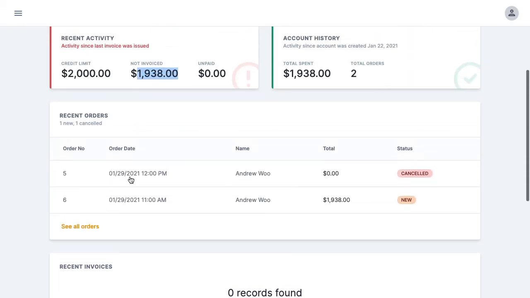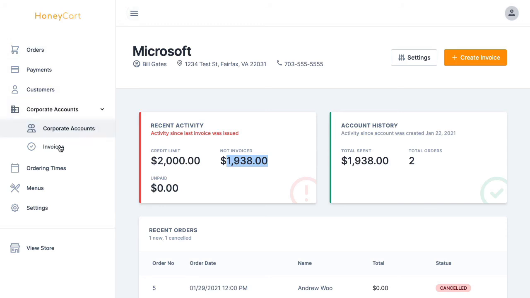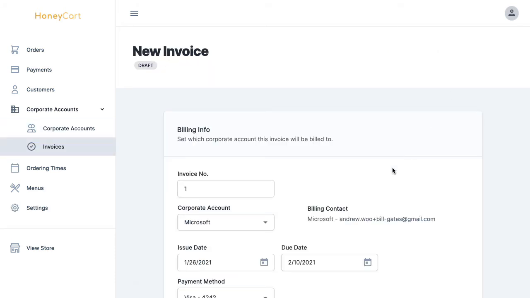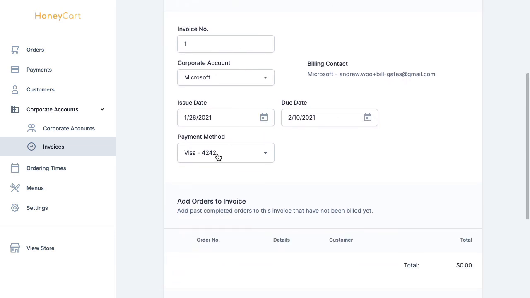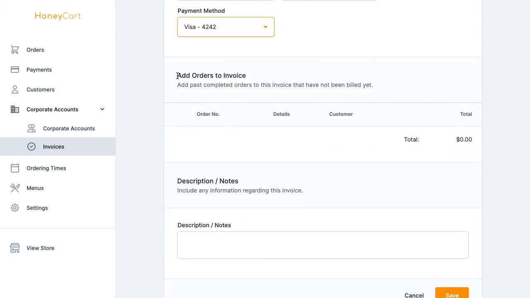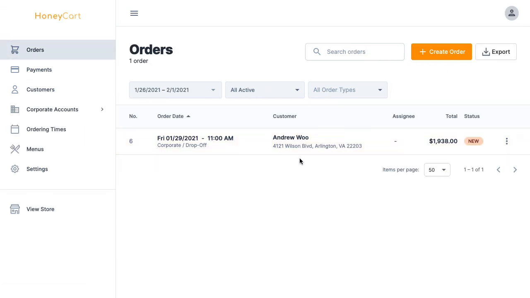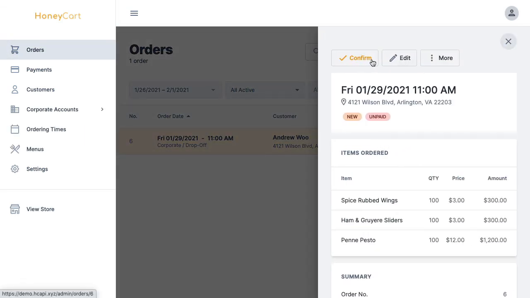So one thing, in order to create an invoice, you can either go to the main invoices page here and click a create invoice button, or you can create it directly here. So if I try to click on create invoice, it'll load some values here. There's a credit card on file, and it's going to have that as a payment method. But you can see here that no orders show up that are allowed to be invoiced. And the reason is because your orders need to have a status of completed in order for them to be invoiced. So I'm going to go back and I'm going to go to my order, and I'm going to, actually